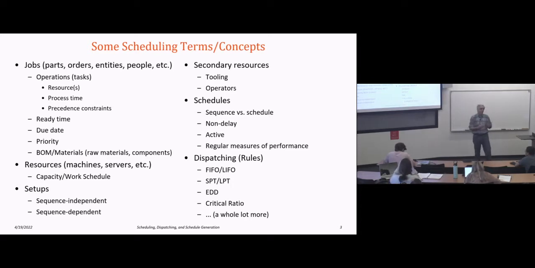We have ready time. So in our case, we have order arrival time. That's equivalent in the scheduling context to the time that a job, or in our case, an order, is ready to be scheduled. It's when they arrive. Due date, we have priorities, bill of materials, which specify raw materials and components. We have all of those things in our case related to orders. Resources can be things like machines, servers, workers, changeover operators in our model. All of these things are resources, and the idea is that the jobs need some units of capacity of that resource to have some processing. And it's that competition for those units of capacity of the resource that we're implementing in scheduling.